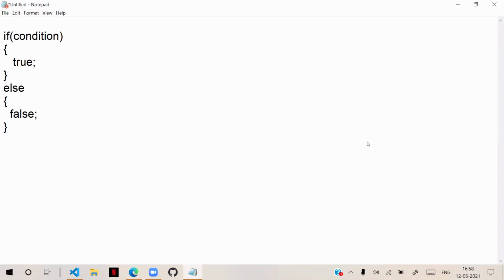We can write like this: if condition without flower brace, true statement, and else without flower brace, false statement. So they will tell you something like this. They will say that we don't need to use this curly brace. Without that also it will work. Actually, it will work.